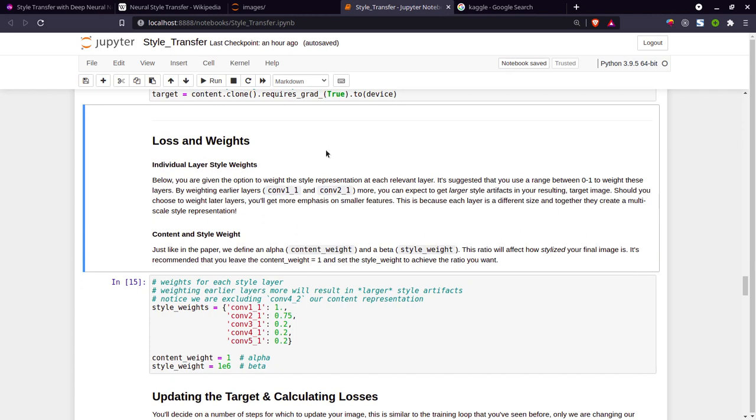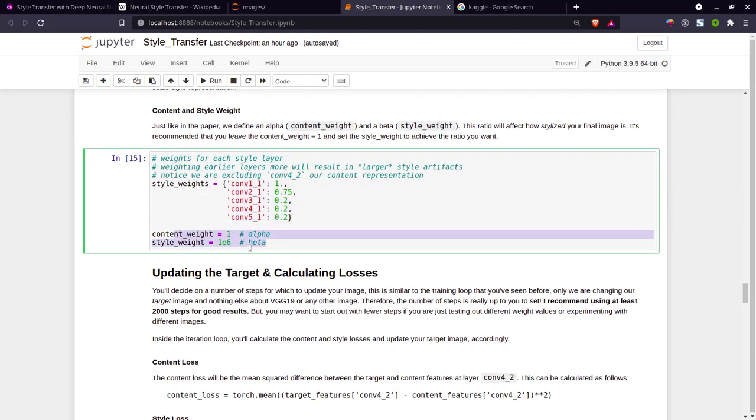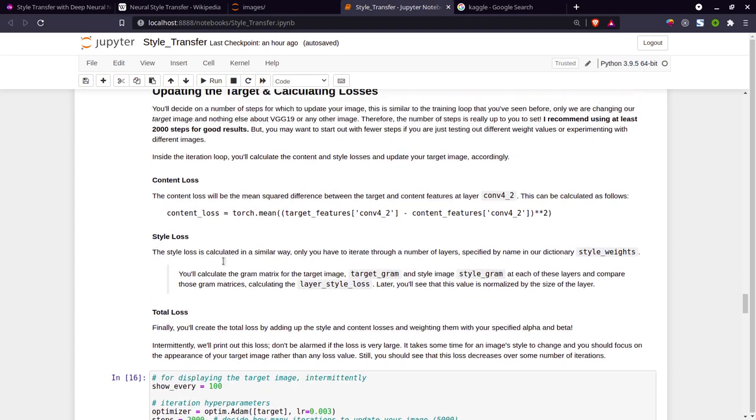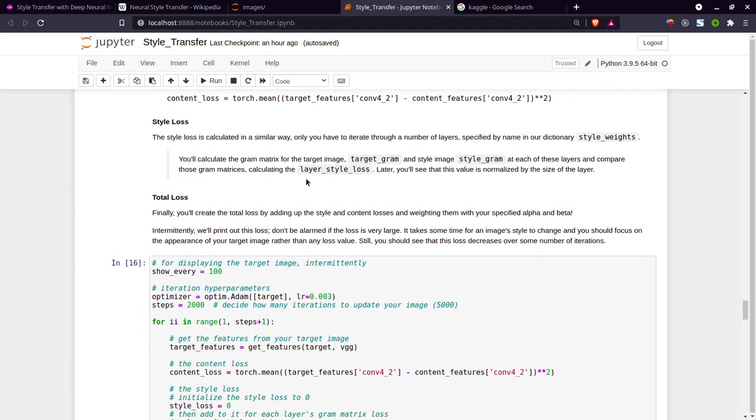If you have machine learning understanding, you know what loss is. Loss is basically the error we get when the model has done one iteration, and weights are the parameters that are initially set, and then we have to adjust these weights. I have extracted the convolutional layers that I will be using, and these are some of my hyperparameters. You can take the reference. I have attached as much as I can.